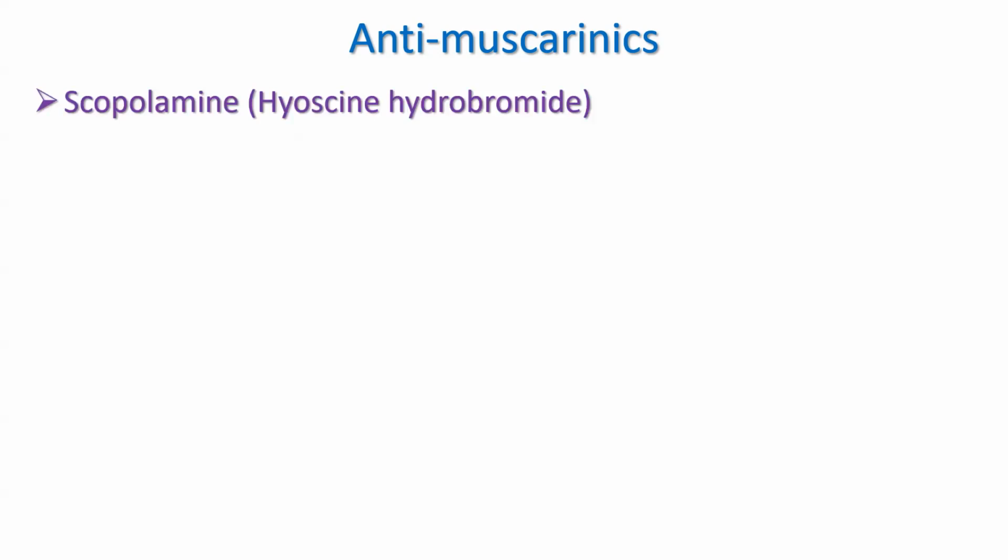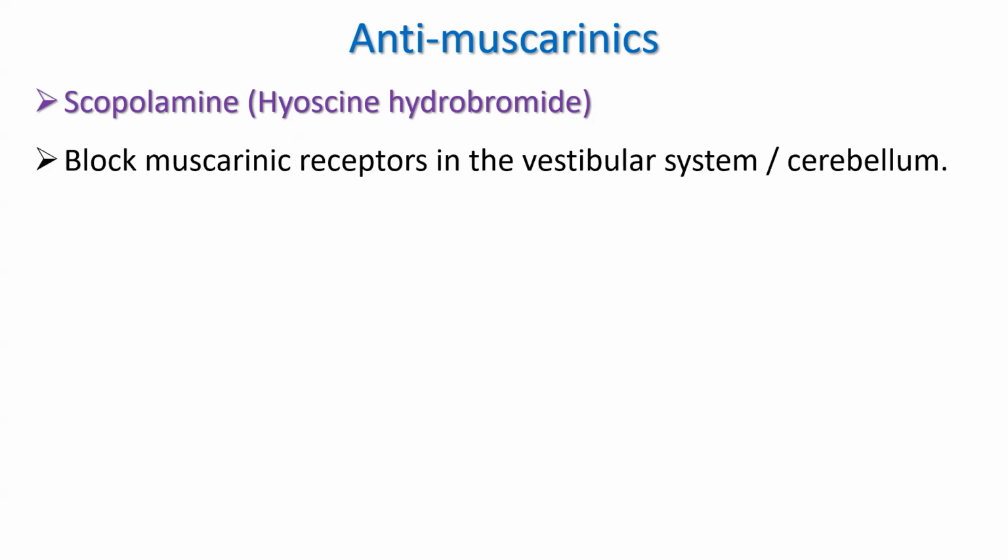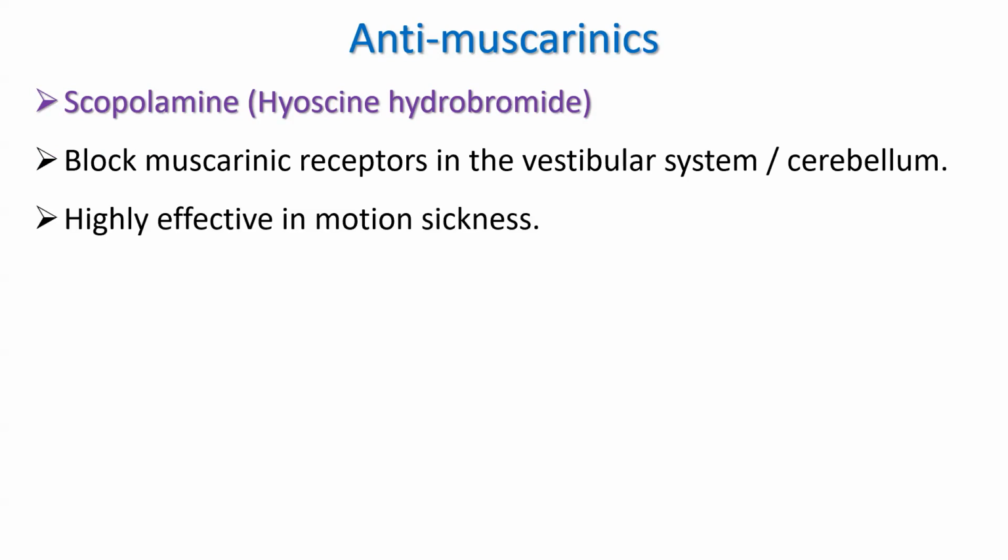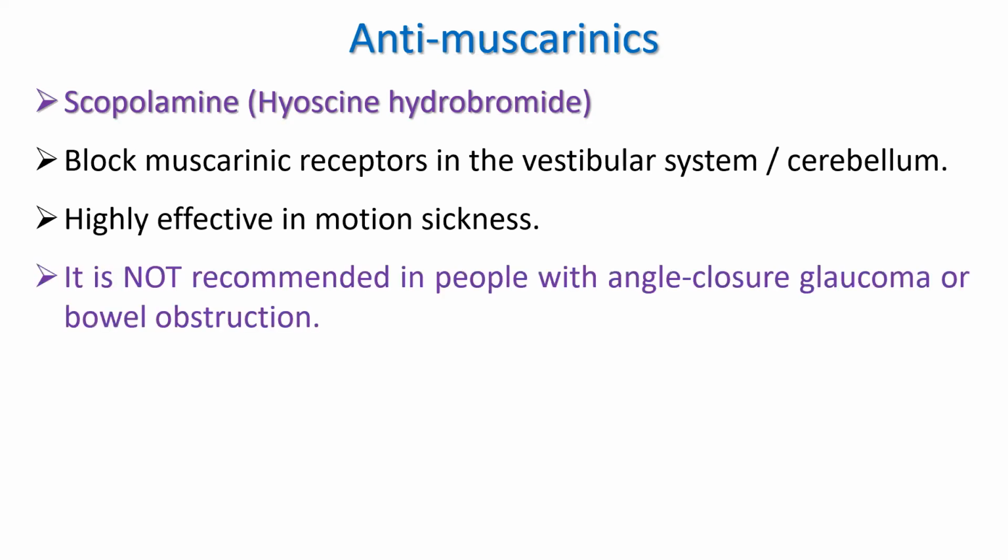Antimuscarinics: scopolamine, which is also called hyoscine hydrobromide. Okay, and this blocks muscarinic receptors in the vestibular system and cerebellum, and it has a higher affinity, so it's highly effective in motion sickness. So probably the drug of choice when it comes to motion sickness. Again, it's not recommended for people with angle closure glaucoma and bowel obstruction